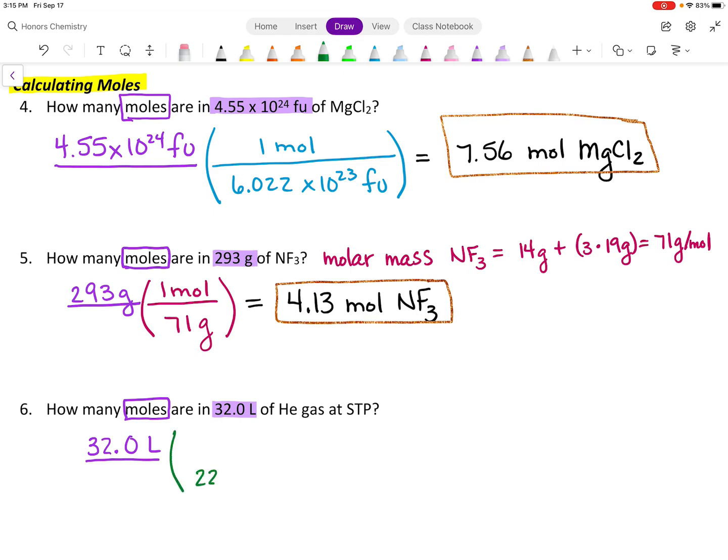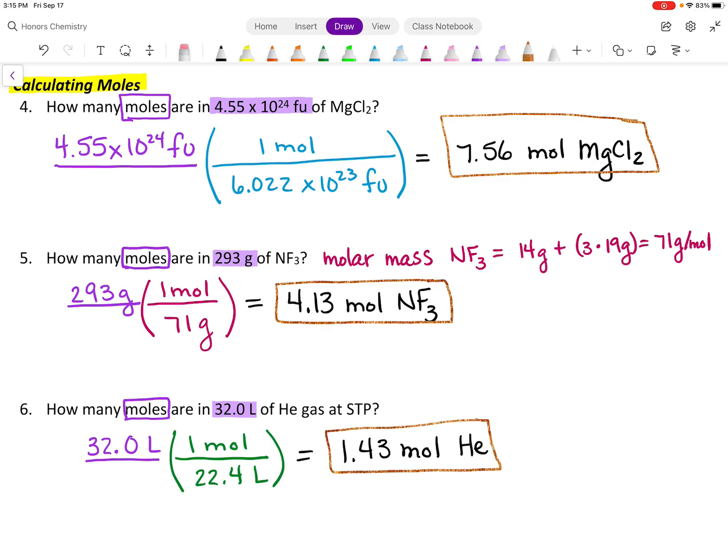We have 22.4 liters for every 1 mole. And we should get 1.43 moles of He gas. I hope that helps you out, and we'll do some